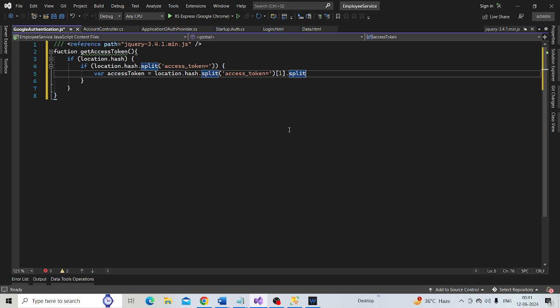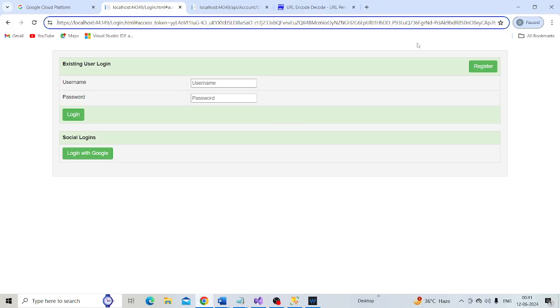So the access token value ends here, and we have an ampersand there.